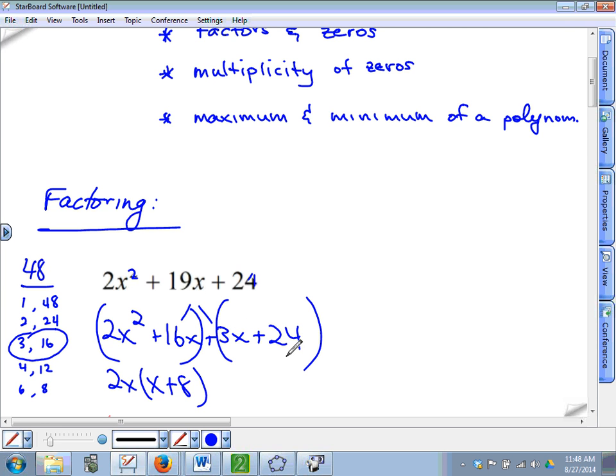From this expression, take out a 3, x plus 8, and that leaves you with x plus 8. And then we want to do x plus 8 right? 2x plus 3. And then